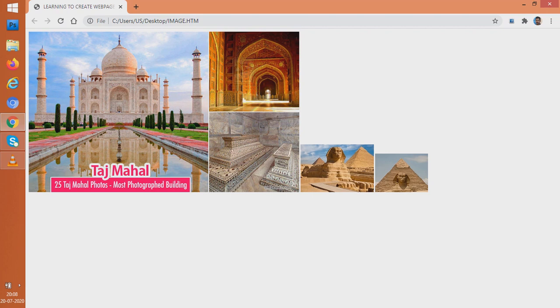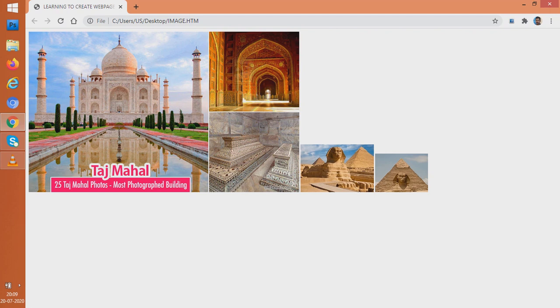Now why did the sizes of the images become different? The sizes became different because when I downloaded them, they were of different sizes. But can we make the sizes equal? So let us see whether we can make the sizes equal or not. What we can do is make changes in the sizes when these images are being shown on the web page.